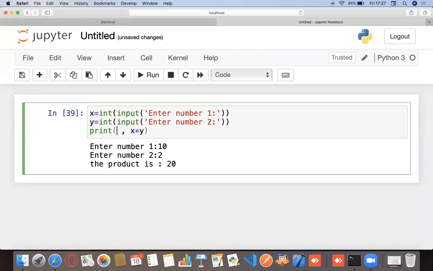So what if I want my output to be something like, the number you entered, 10 multiplied 2 is equals to 20? In the input function, you pass a string argument and it prints it. Now anything can be converted into a string, but in the input function, you just pass a string argument.